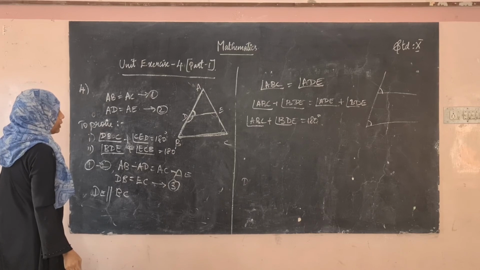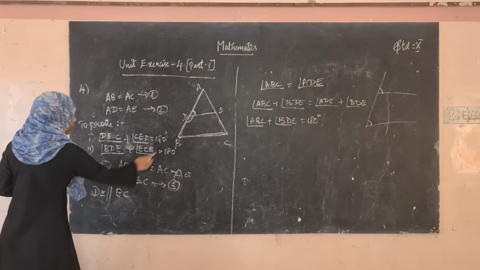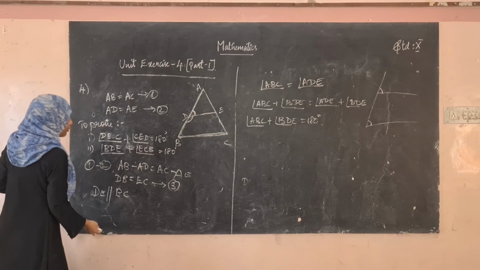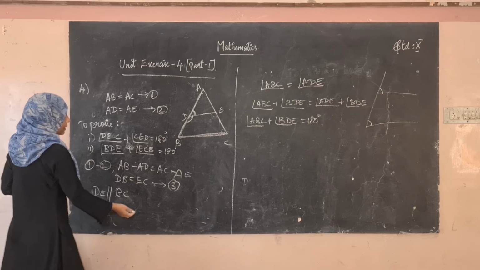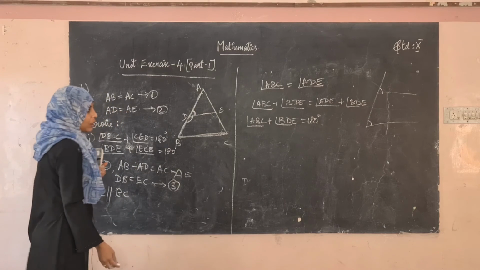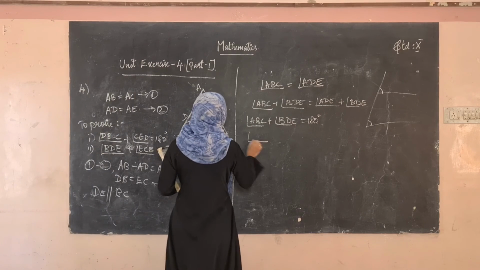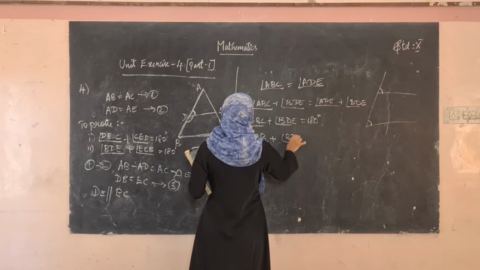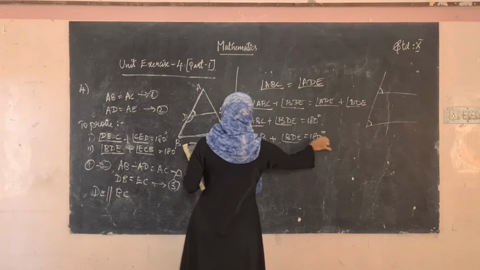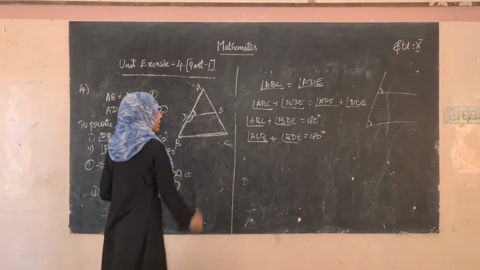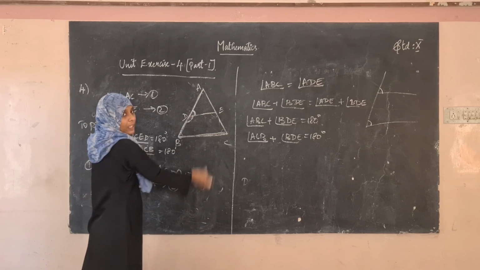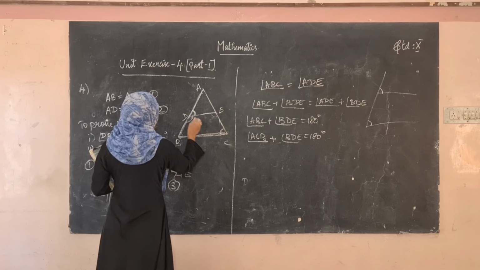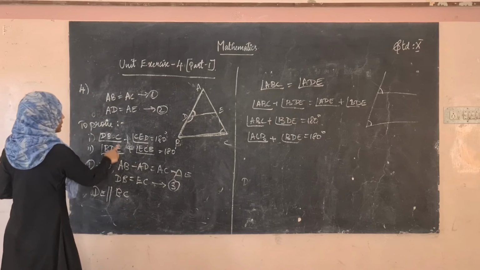Yes, 180 degree. So see here, we know ABC plus BDE. See here, instead of BC, we can take it as CB. Therefore, angle ACB plus angle BDE is equal to 180 degree. Okay, instead of BC we took it as CB, because these two lines are parallel. So angle ACB plus angle BDE, this angle plus this angle makes 180 degree. Yes, this condition.